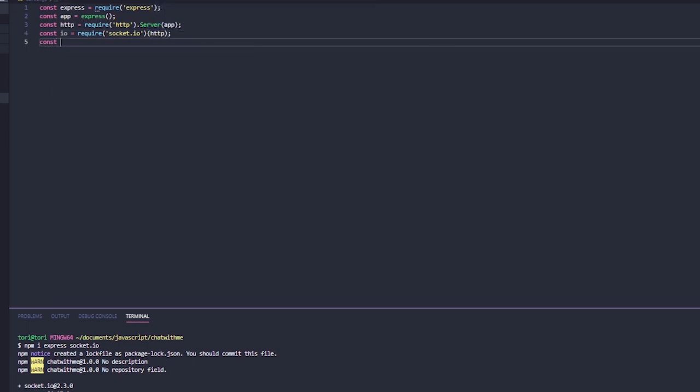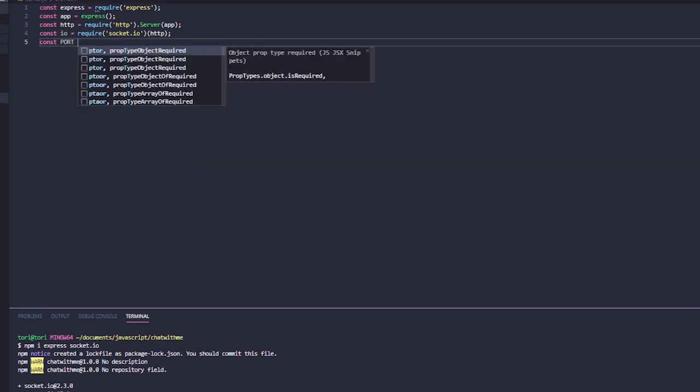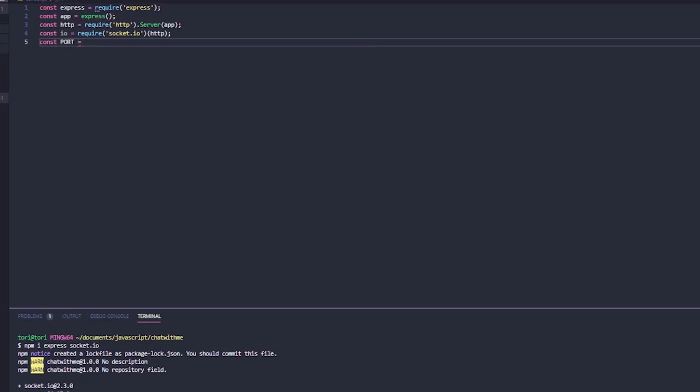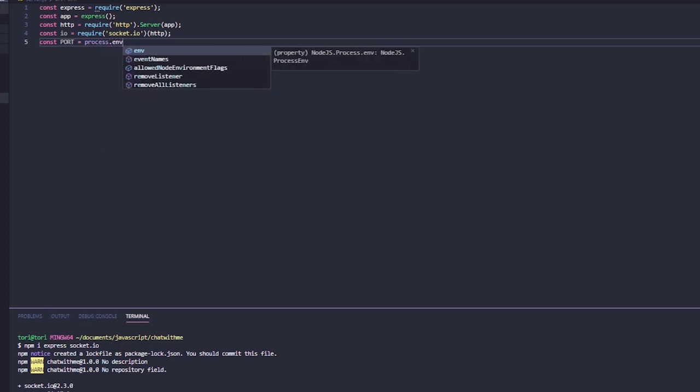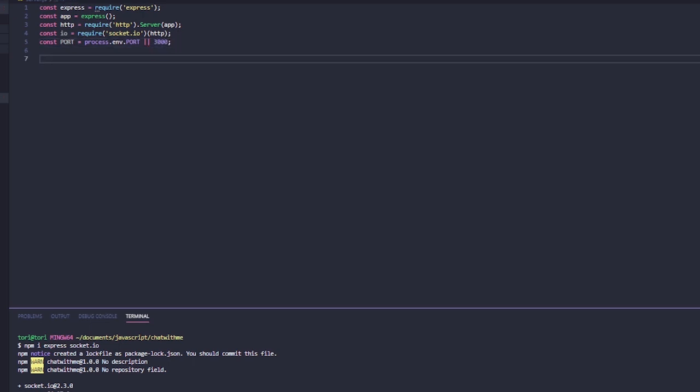And then we just need a port. And this is going to equal port 3000, or it's going to equal a different port if 3000 is unavailable. And that's what process.env.port means. Okay, so we have our Express server set up, and it's an HTTP server with a socket attached to it,